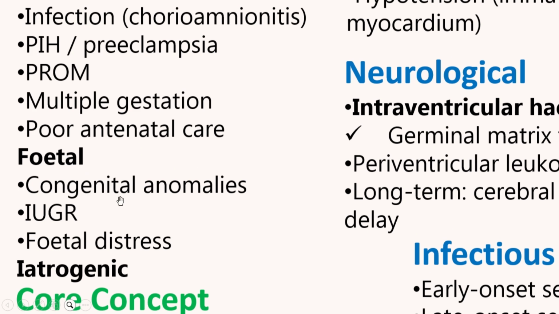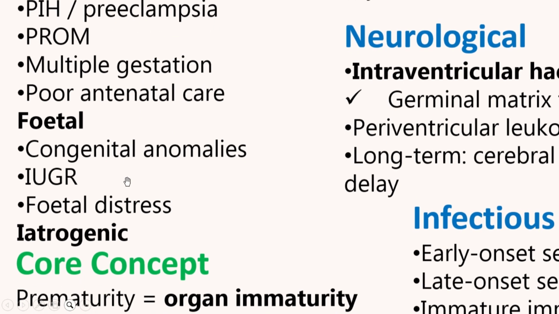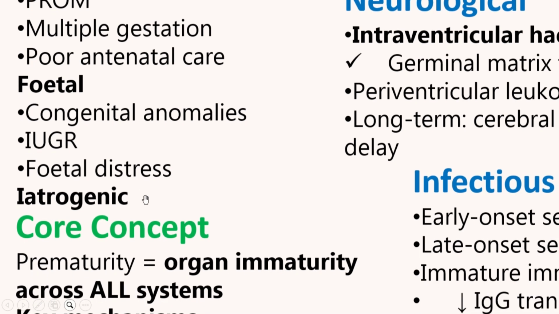prevented. Then we have fetal conditions like congenital anomalies, intrauterine growth restriction, and this one is because once you notice this fetus is having growth restriction, then you know something is wrong with the blood supply to that fetus. If you do not expedite delivery, then that baby could actually die inside. So it's one other cause that is going to lead to the birth occurring earlier than expected. Fetal distress is also an important thing.